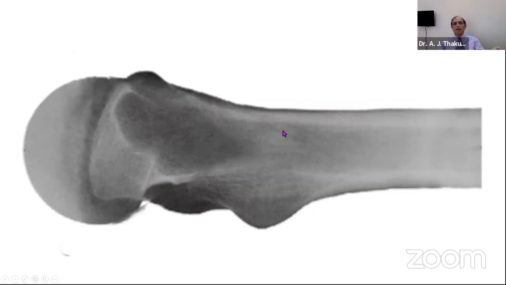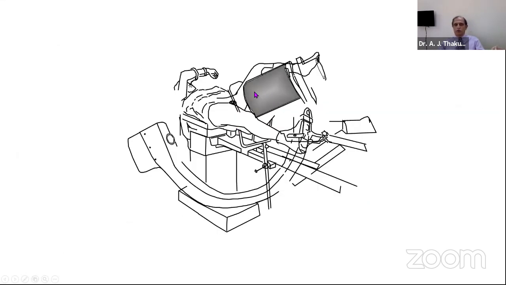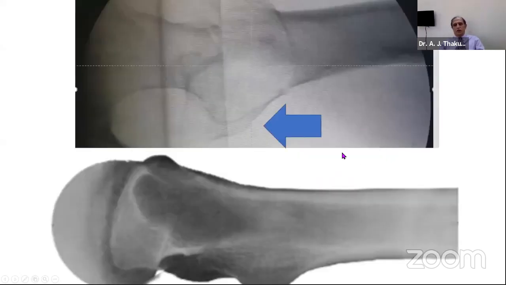It is very simple. We tilt the tube 15 to 20 degrees in this fashion. That takes care of the anteversion of the neck. And now you will have a picture which is true lateral of the neck of the femur, which is what is required in the method that I'm going to discuss presently. Just for comparison, you have the Lowenstein lateral with the greater trochanter flying away. And this is the true lateral, which is by 20 degrees tilt. It is not exactly 20, 15 to 20.